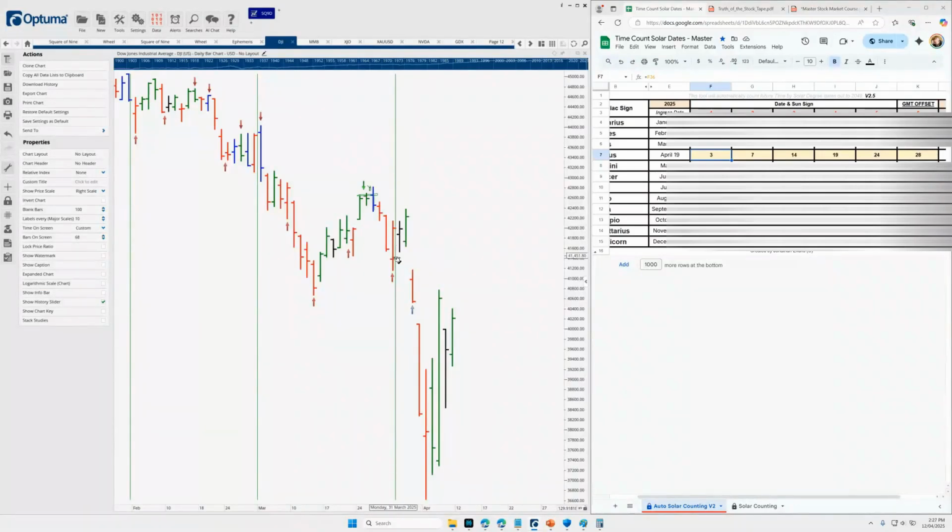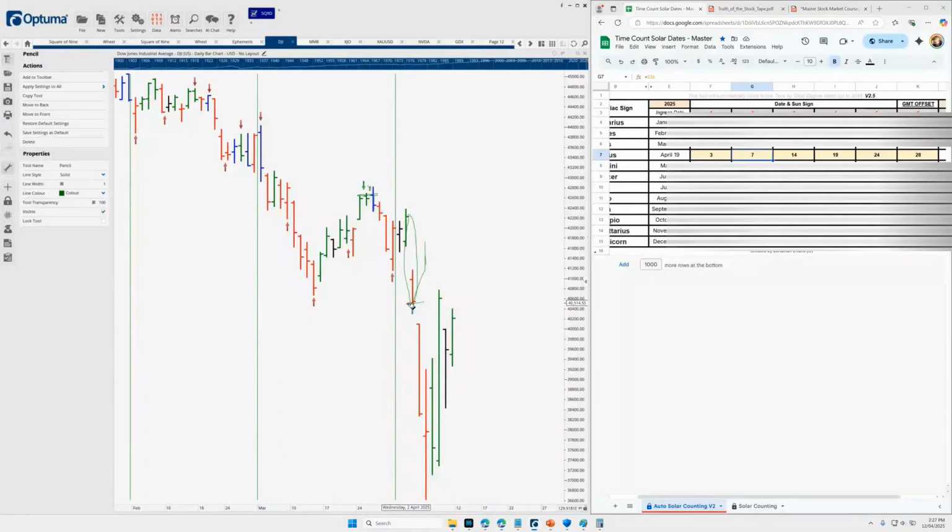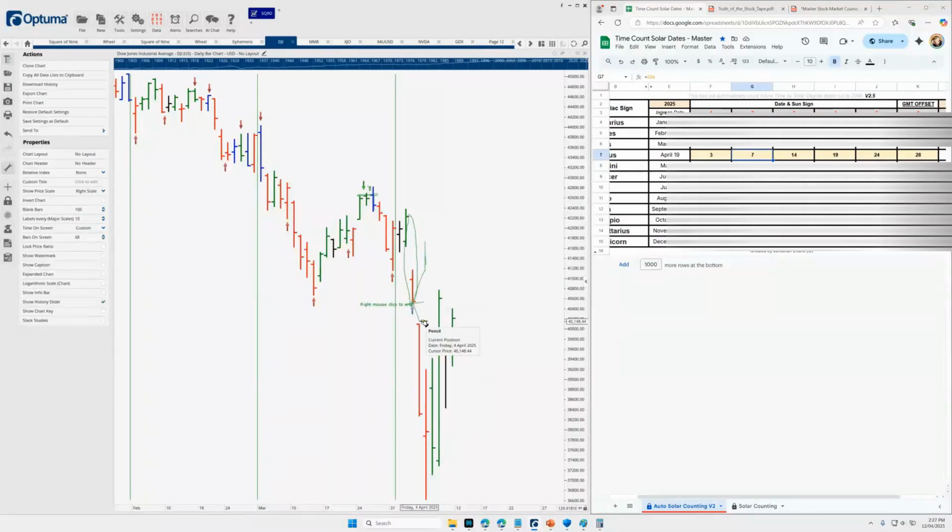conclusion. I said that because we had just gapped down hugely, and then we had this whole trade fear thing, there's a very low probability that we're going to be reversing on the third. If we do reverse on the third, we're going to top out on the 7th because that was the next turn date. That was my rationale. However, if we do fall lower, we're likely not to change trend until the 7th. Okay, 7th was this date here, and we can see that this was the 7th right here.